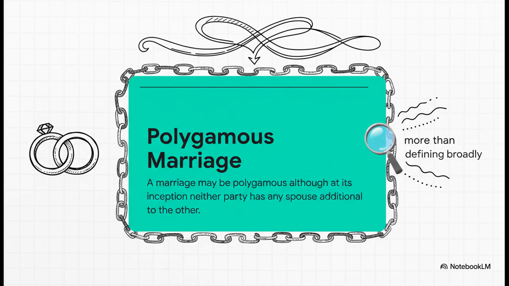And the legal drafting here was absolutely key. The Act defined polygamous very, very broadly. A marriage was considered polygamous if it was simply the type of marriage that allowed for more than one spouse. It didn't even matter if the husband never actually had another wife. This was clearly designed to give the new restrictions the maximum possible reach, closing off any potential loopholes.